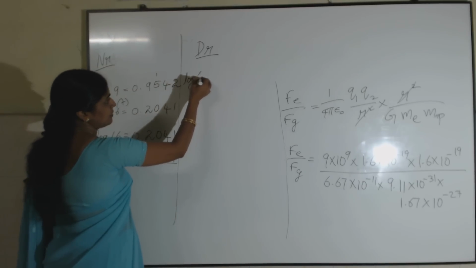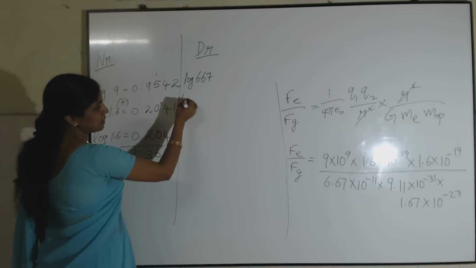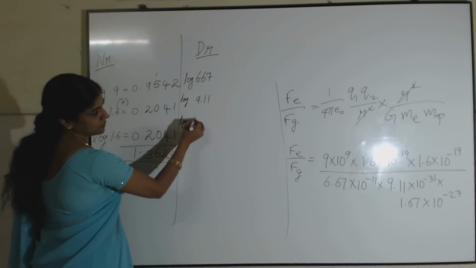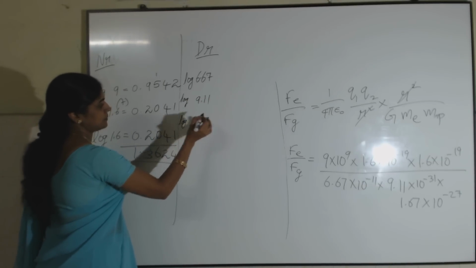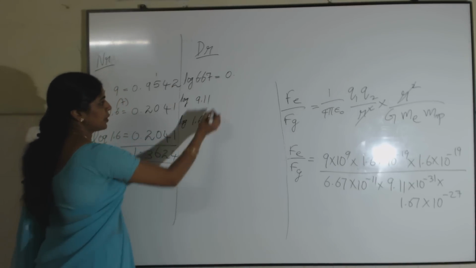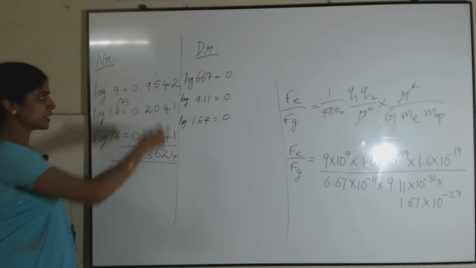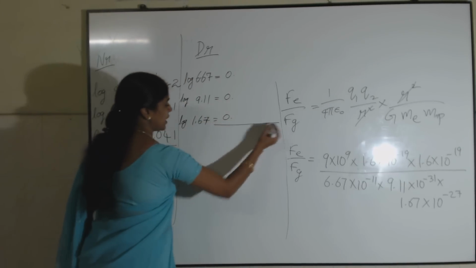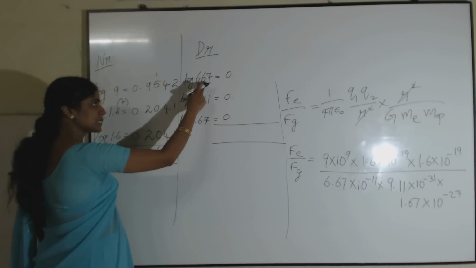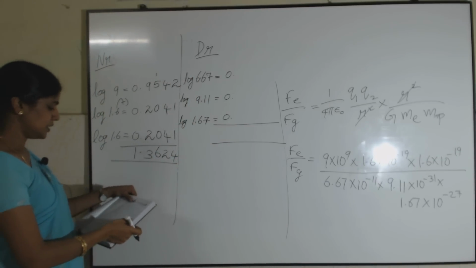Just take log 6.67. What is the log 9.11 and log 1.67? Here it is 1 whole number, so it will become 0 point. Again here also 0 point. Here also 0 point. You take the log for all this and you add. Here you want to see in the logarithmic table 66. What is 7? In 66, 7 you will be getting